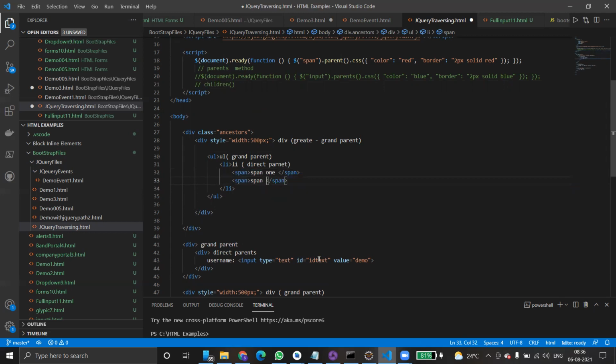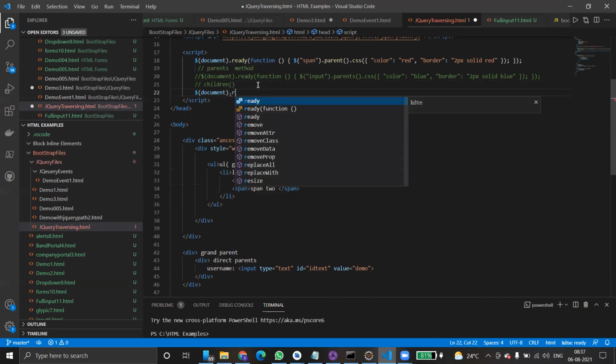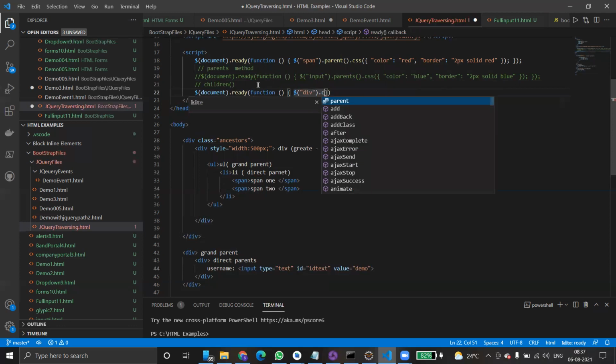span 2, span. So if you use div.children, I'm just going to use dollar, document dot ready of function. Inside this, what we are doing: dollar symbol, I am using division, division dot children.